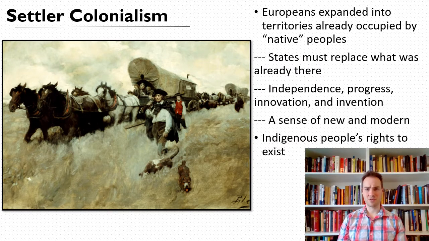Typically that was through extreme violence. It could also be done through slow violent methods like forcing people to change their language or forcing people to abandon their cultural norms and things like that. And these ideas were tied to ideas of independence, progress, right, innovation. This was all some of those pull and push factors for why people were migrating, but it really calls into question the indigenous people's rights to exist.